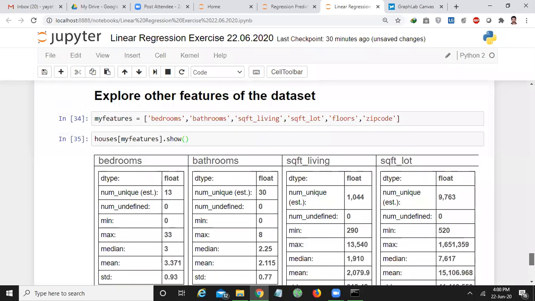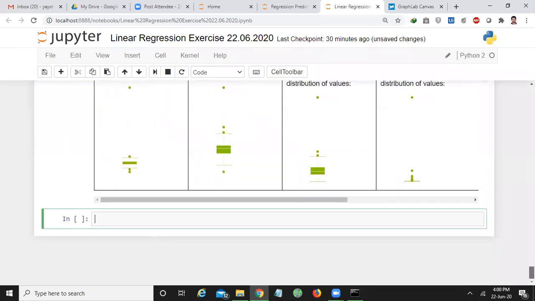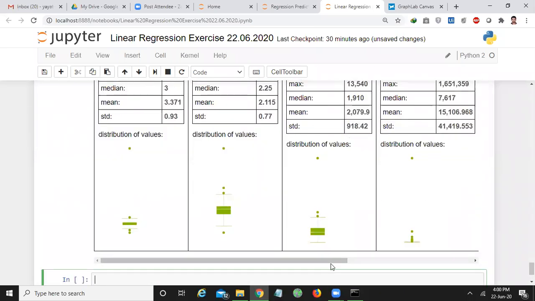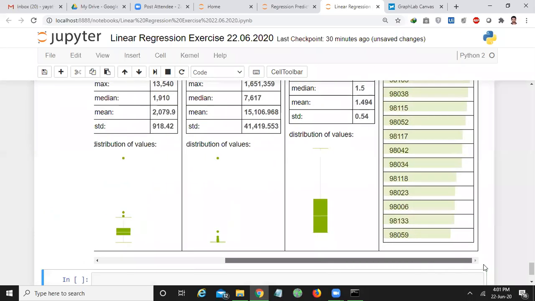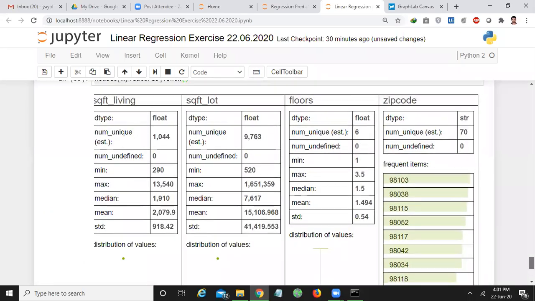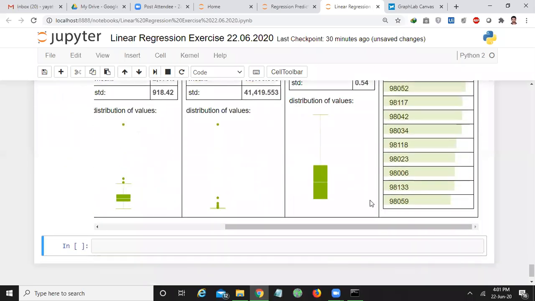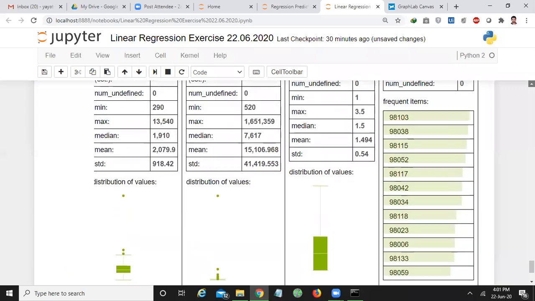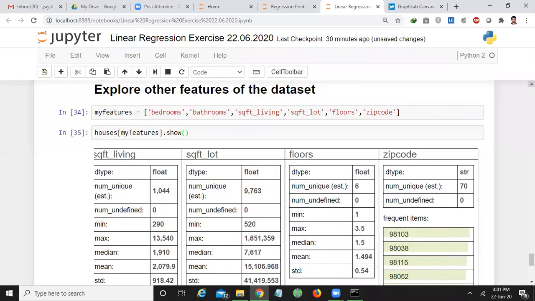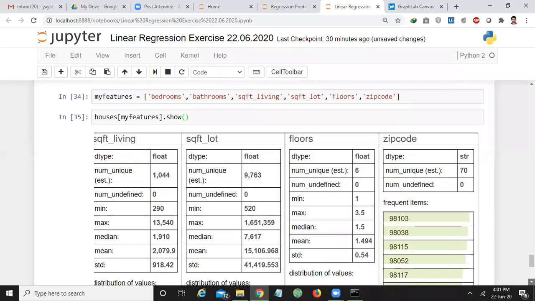So these are the columns we have given, and we have the distributions like this. This box plot will represent how the values have been distributed out of all the data set values that we have considered.